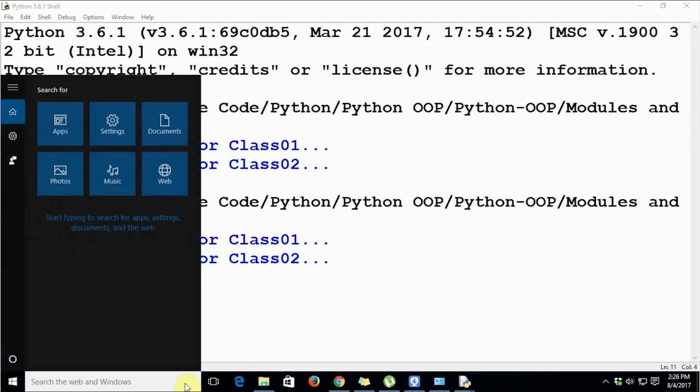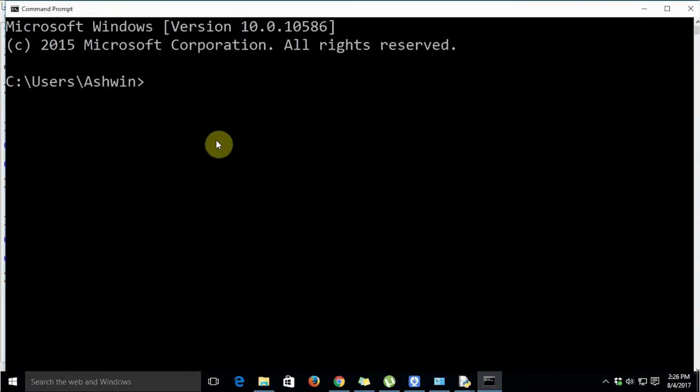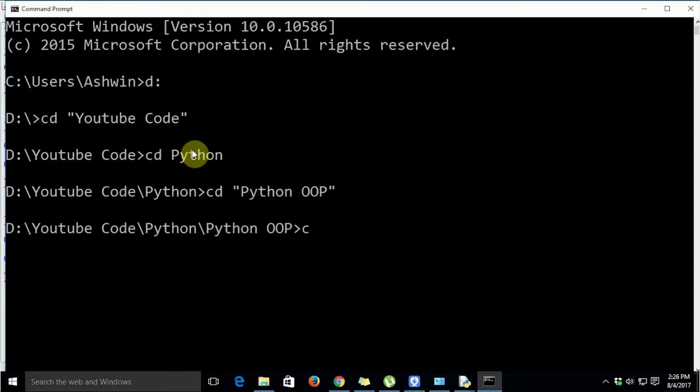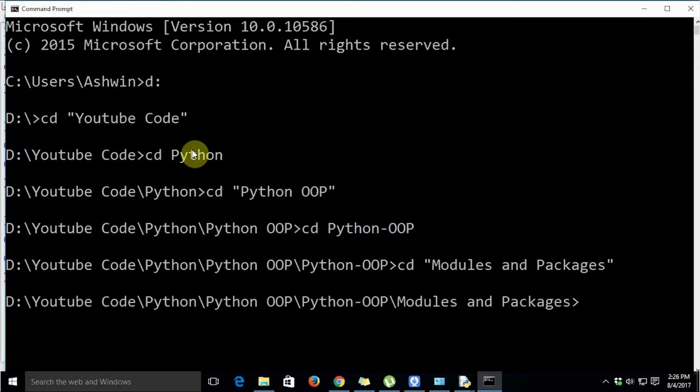If you go to the command prompt, you can see the organization of the directory. cd code, and just say dir.